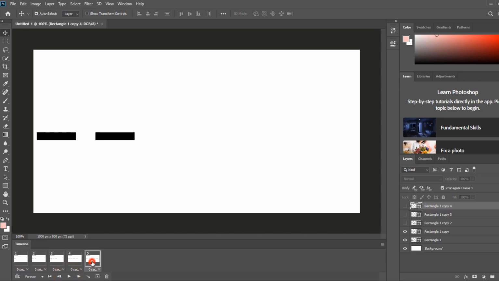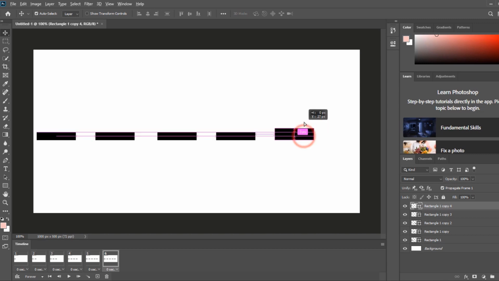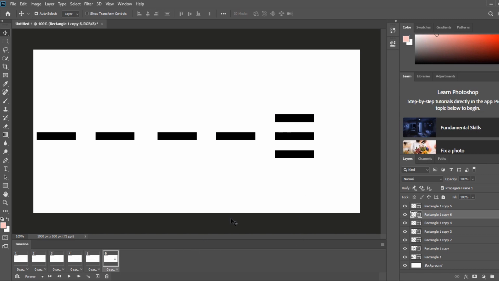So what I want to do is go to the last frame. I'm just gonna again create a new frame here, and this rectangle, I'm gonna click on this rectangle, and again with the Alt key I'm just gonna drag and drop to make a duplicate, one above and one below. Okay, so what I will do right now, I'm just gonna click on this rectangle here, and on my keyboard